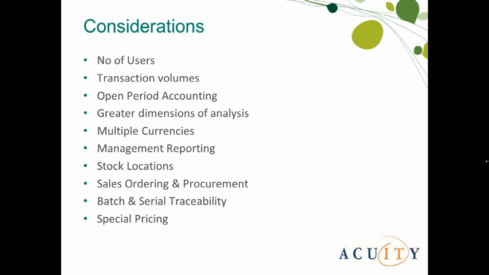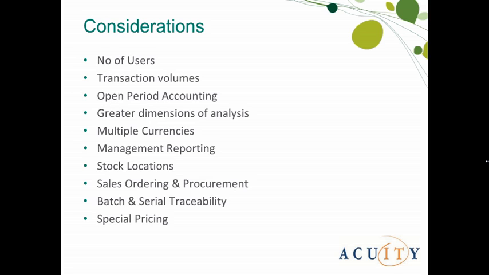Typical considerations are the ones that you'll see on the screen there. Primarily it will be things to do with the level of activity that goes on through the business application, so the number of users, the volume of transactions that you're putting through the software itself, but it might also touch on some functional issues such as open period accounting, multiple dimensions of analysis on the reporting, multi-currency requirements that some of you might find limitations within the Sage 50 environment on, a requirement for more detailed management reporting, indeed some